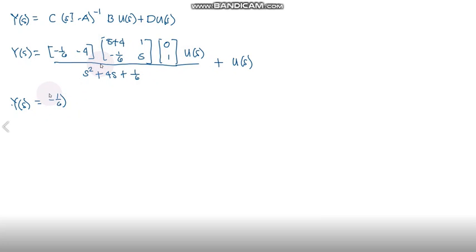The next thing that we're going to do is to simplify this equation or this fraction by combining, or doing the operations in the matrices. So we first multiply this matrix C with this matrix. Recalling how to multiply, it's negative 1 over 6 times s plus 4 plus negative 4 times negative 1 over 6. So that is for the first element. And then for the second element of the matrix, that will be negative 1 over 6 times 1 plus negative 4 times